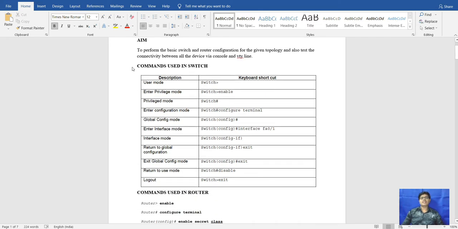This is the first command used in switch. For the user mode, the prompt is Switch>. For enabling privilege mode, we type enable, and this is the Switch#.